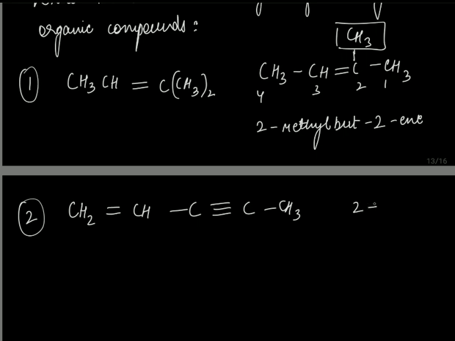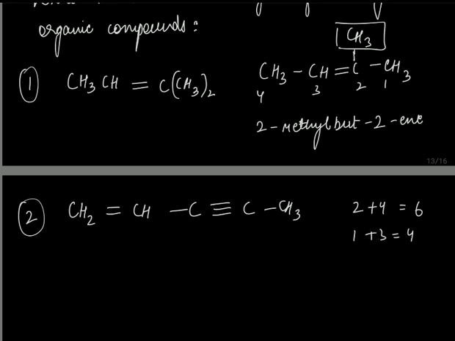I'm going to write it over here: 2 plus 4, that's going to be 6. I'm just writing the positions of the double and triple bonds. Irrespective of what the correct answer is, we are just trying to make sense of these rules. Then if we start from the left hand side, the double bond will come at the first position and the triple bond will be at the third position. So this will be 4.